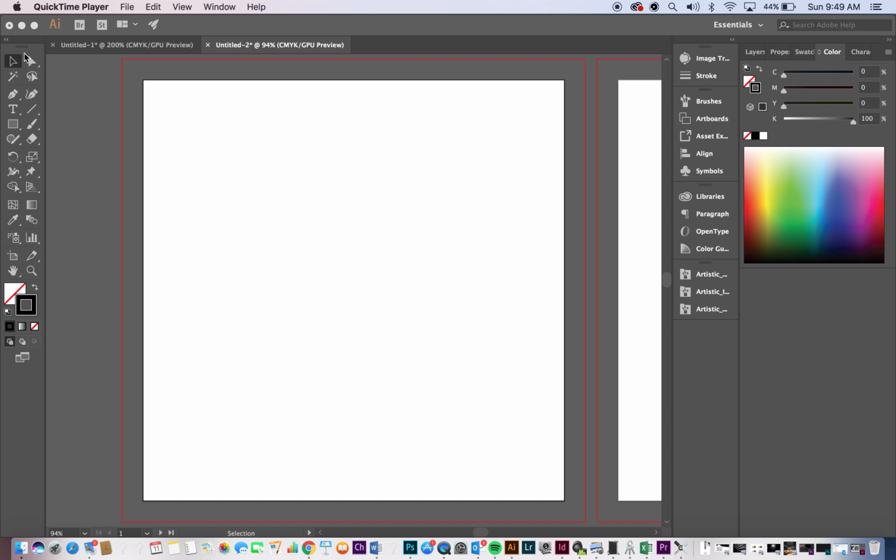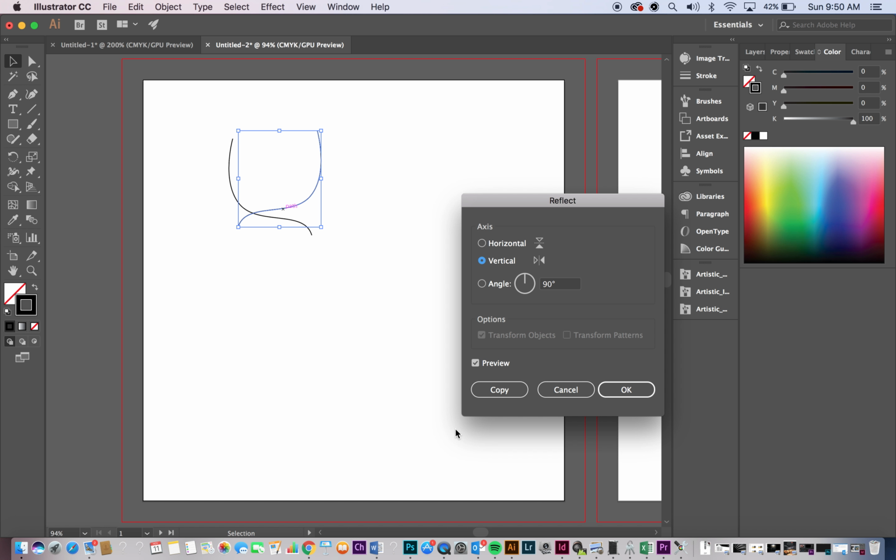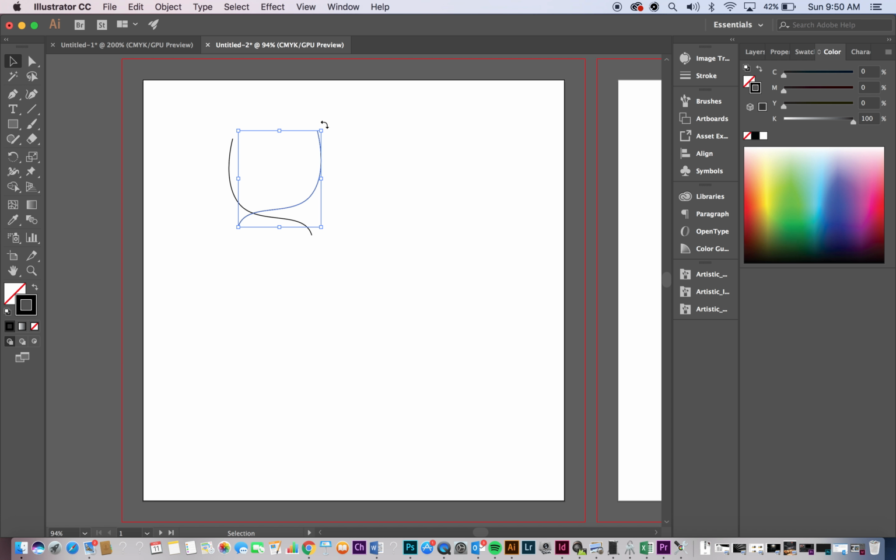So first thing you need to do is select your pen tool. You can also just hit P on your key commands, and we are going to make kind of a leaf shape. And I'm going to stop there, and then I'm going to Alt drag to duplicate, and then Control click, and you can transform and reflect. Say OK, and that way you have more of a symmetrical